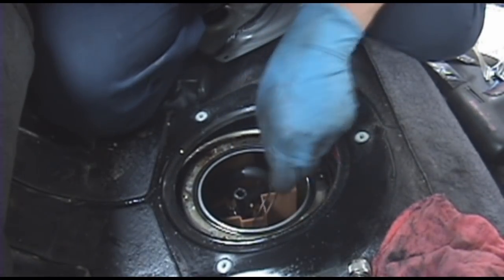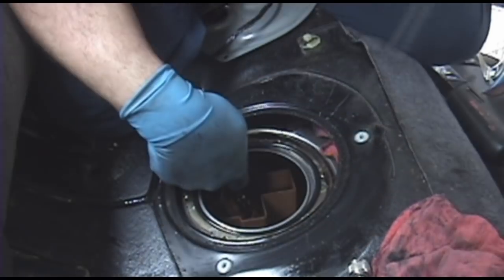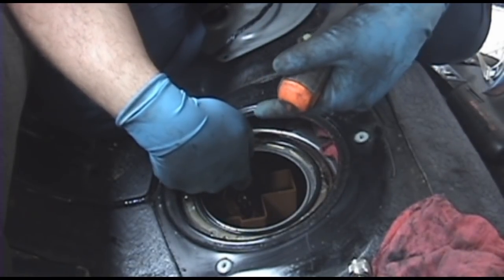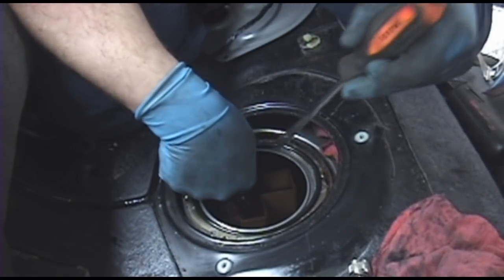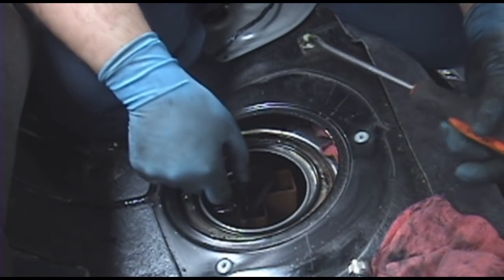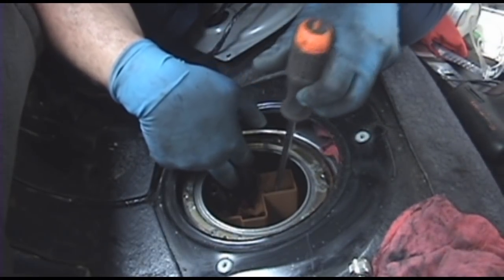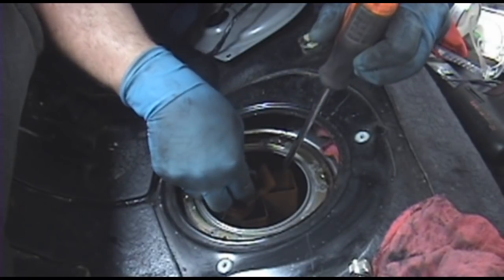Now, you can see here's the sub harness for the pump and the hose. The fuel pump on the 4th gen is kind of weird. It's actually mounted inside the bottom of the tank and not to that whole fuel sending unit assembly like it is in most cars. I kind of want to pull the whole carrier bracket and everything out as one assembly to show you. Again I can't really get the camera in there, but I just pried up with the screwdriver here and popped this assembly out,